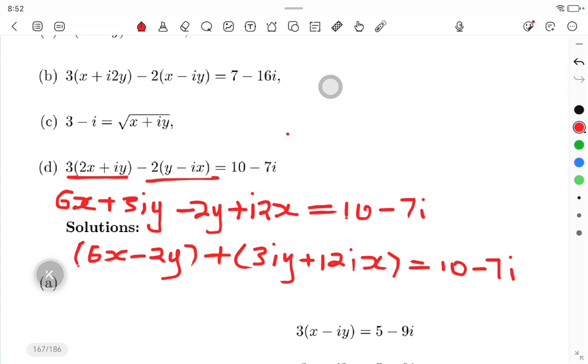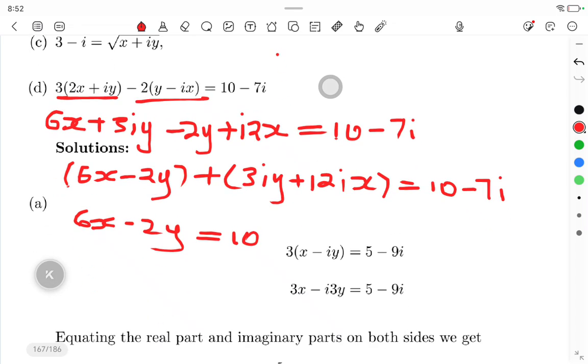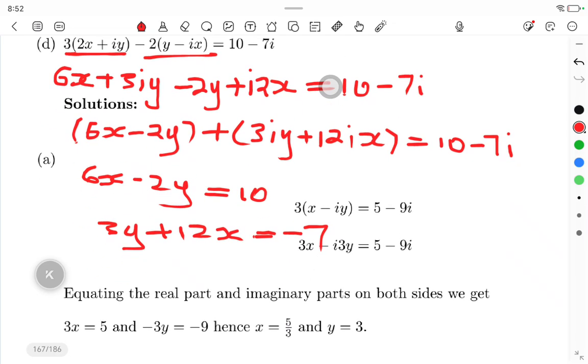If we look at x, this one is 12x, this 6x, meaning that I can easily multiply this one by a 2, and their signs are the same, right? I can multiply this one by a 2. I get 12x minus 4y, which is equal to 20. Then I take this, subtract this one, right? So it's going to be 12x minus 12x minus 4y